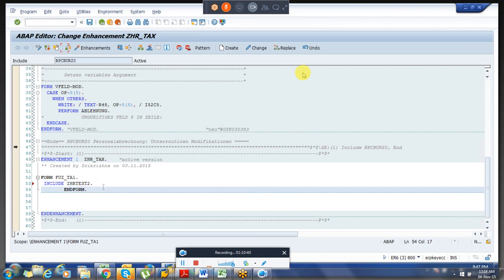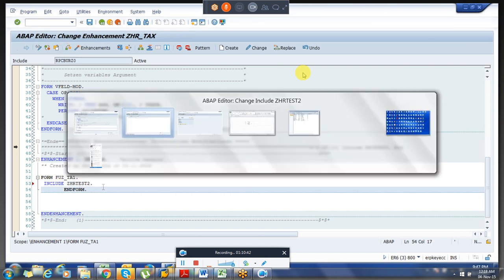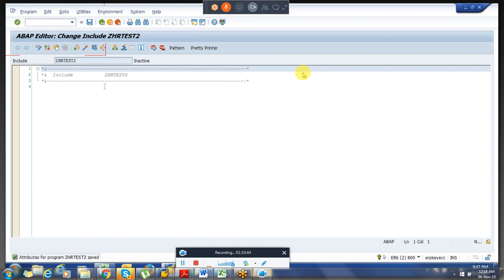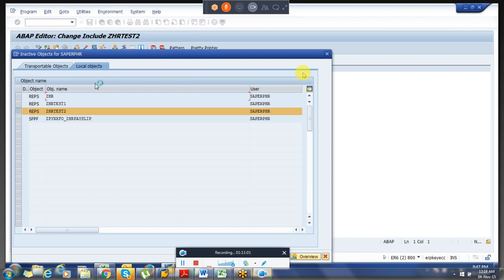This is the include program. Maybe somebody has created one. So what I am doing, I am saving this and I will activate. The objects which I created, I am just activating, pressing enter.